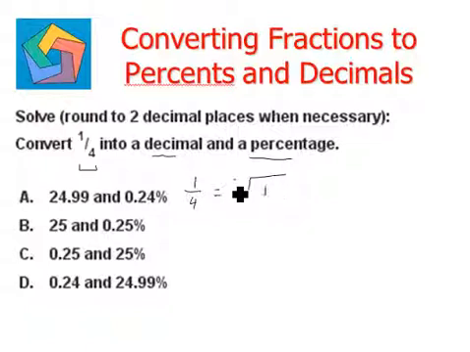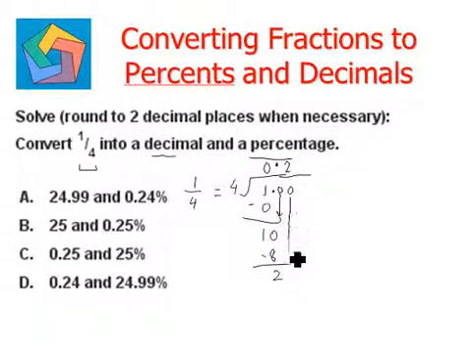1 divided by 4. Now 1 goes in the table of 4 0 times. So 4 times 0 is 0. 1 minus 1 is 0. We put a decimal sign here, a decimal sign on the top, and a 0 here. We bring down this 0 and this becomes 10. 4 times 2 is 8. 10 minus 8 is 2. We place another 0 and bring it down. So this becomes 20. 4 times 5 is 20. 20 minus 20 is 0. So 1/4 in terms of decimal is